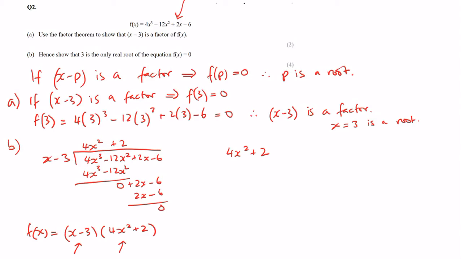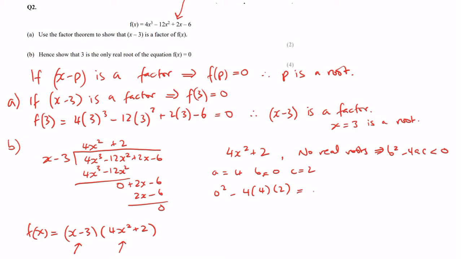And what we could do is we can use the discriminant on this and say if the discriminant is positive, we've got 2 real roots. If the discriminant is negative, then we've got no real roots. So from this we can tell that A is 4, B is 0 and C is 2. Put them into the discriminant, we get 0 squared minus 4 times 4 times 2, and that comes out to be minus 32,